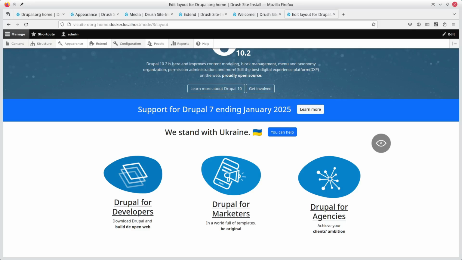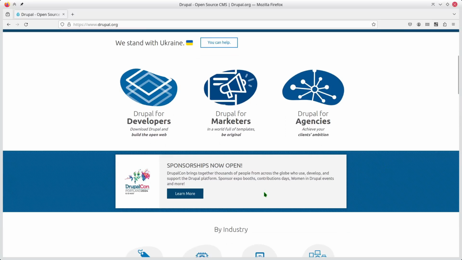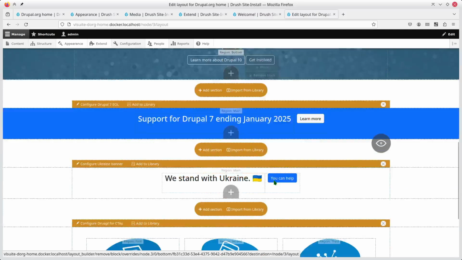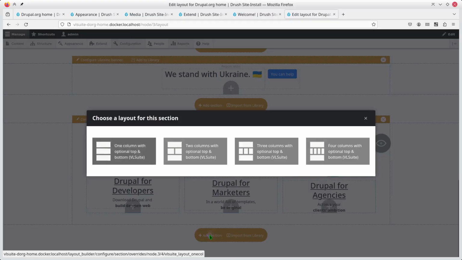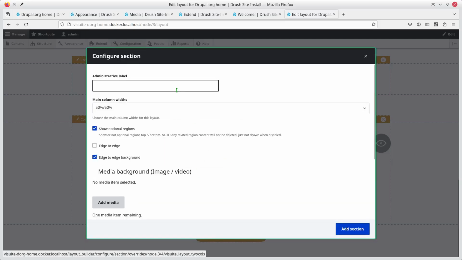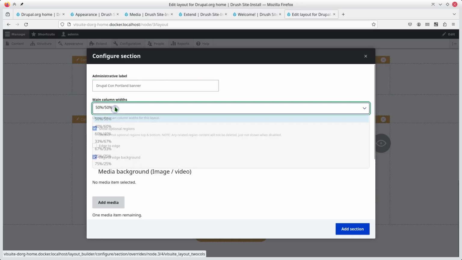Let's see the next component. Here we have a more elaborated banner. So, okay, let's disable the preview and add a new section. We're going to use 2 columns. Section, let's use a good administrative label, DrupalCon Portland banner. Banner. And we are going to use 25/75 because we want the first column to be much smaller, and